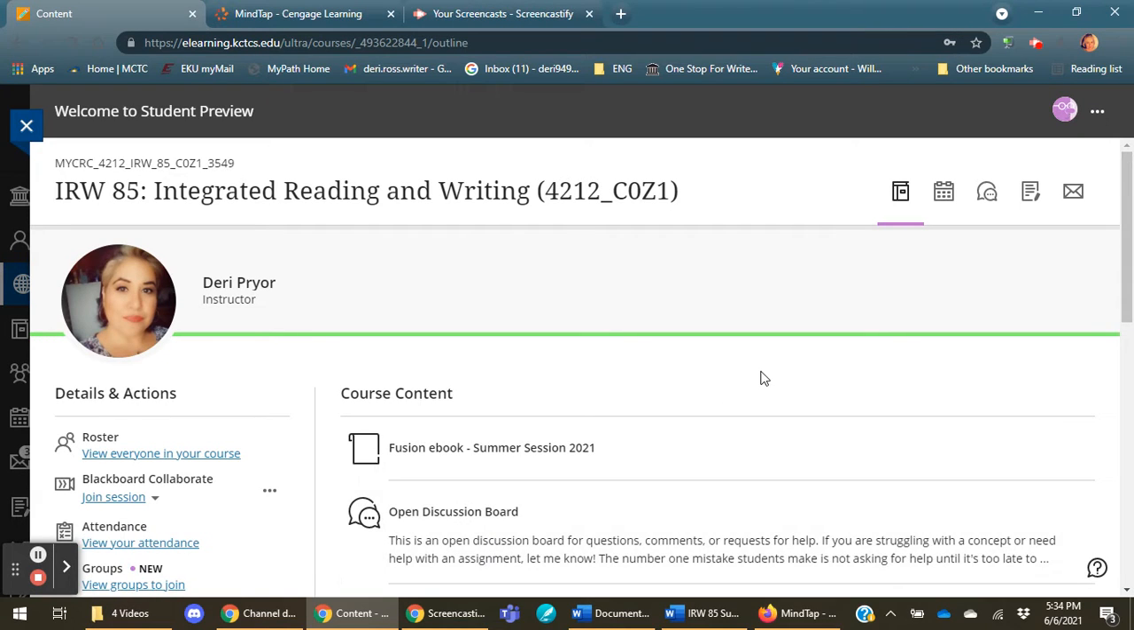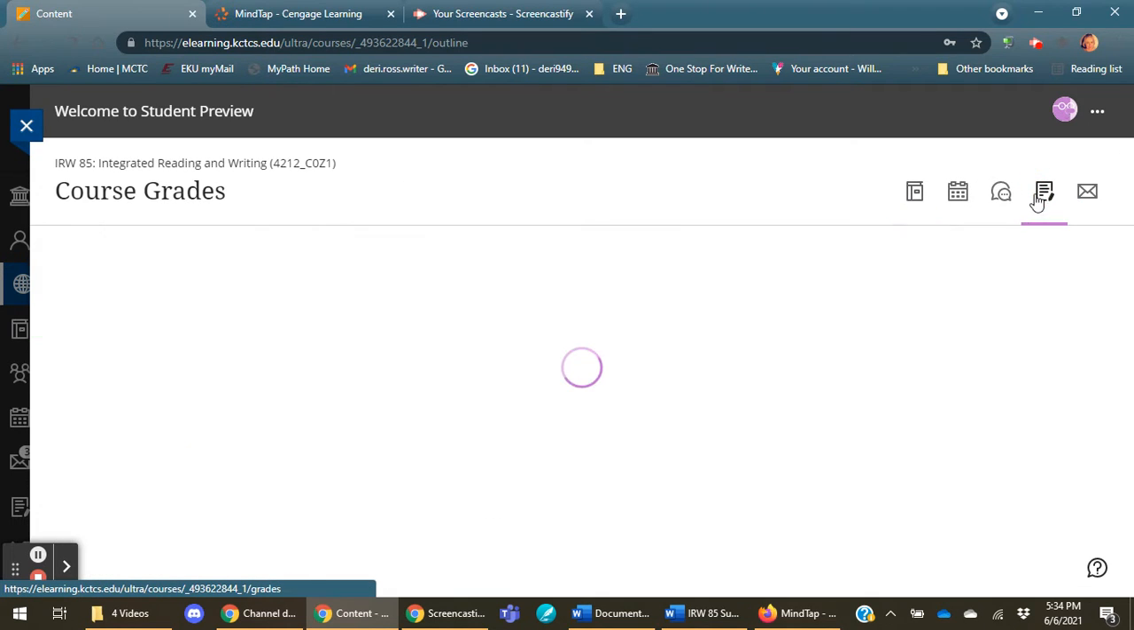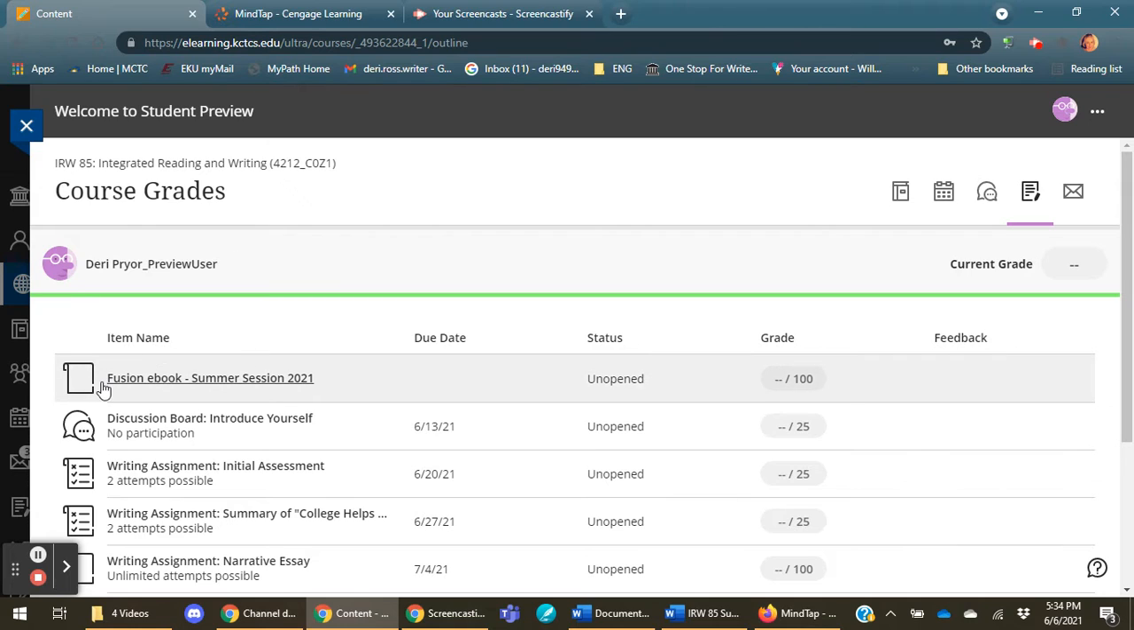Okay, so now that we've gone over the Cengage site a little bit, I want to show you how that works in conjunction with Blackboard. The first thing you'll notice if you go up to your gradebook icon, you will see that you only have one gradebook item for the Fusion ebook. And the reason for that is that I have the Cengage book gradebook synced to give me an overall grade,